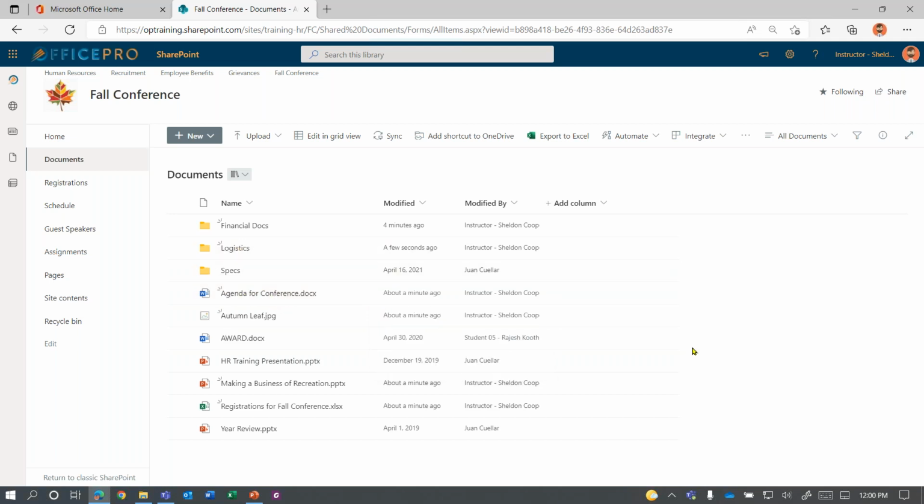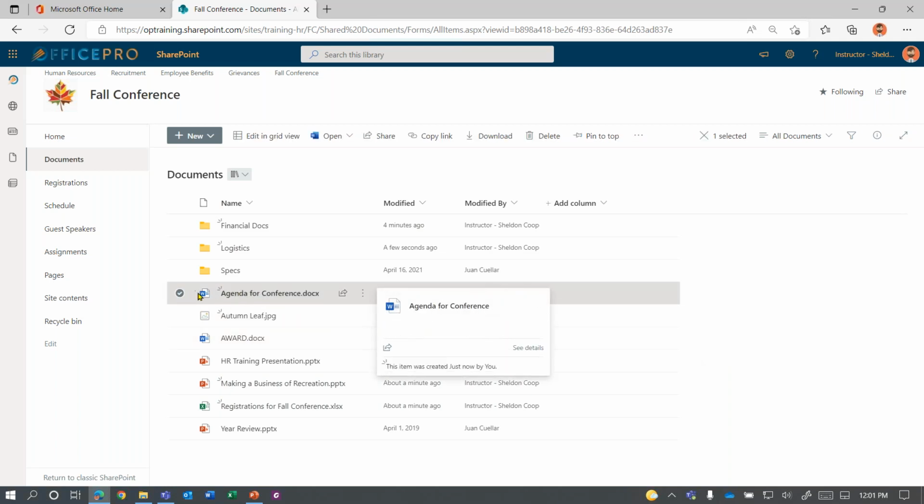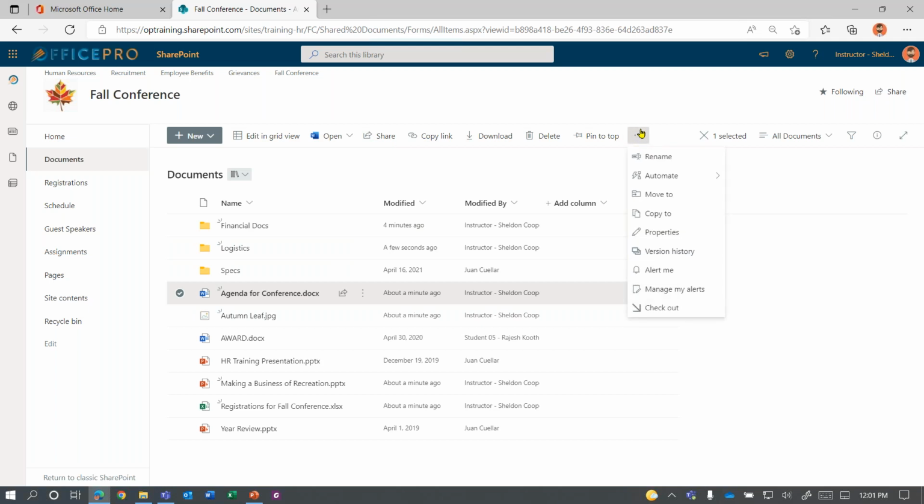Again, I could drag and drop it, but there may be a time where you have such a long list of content, you may not be able to see them both at the same time. So let me show you an alternative. You can select the file or folder that you want to move, and then on the toolbar right across the top, now you may need to click the ellipsis to get more options, but notice you have